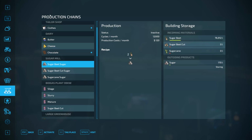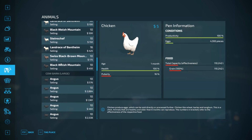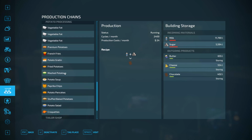Where is it? We've got sugar beet. We can still get 76,000 litres, so we can make about 30 odd thousand litres of sugar still, so there is plenty to keep that going. We also need to take down milk, which we should have quite a bit of now, because we've still kept this one on past 27 months, an extra 2 months. We've now got 25,500 litres of milk again. So I think we could throw some of that down into the dairy for chocolate production, because we can't do anything with...